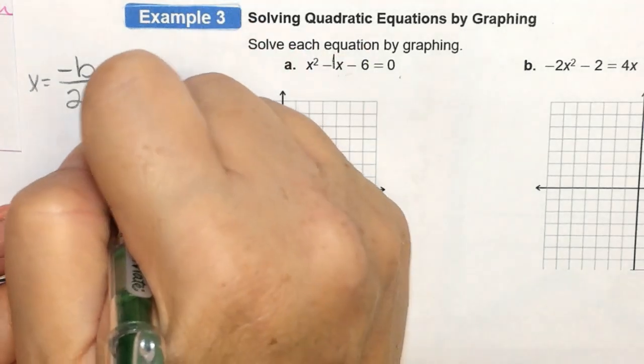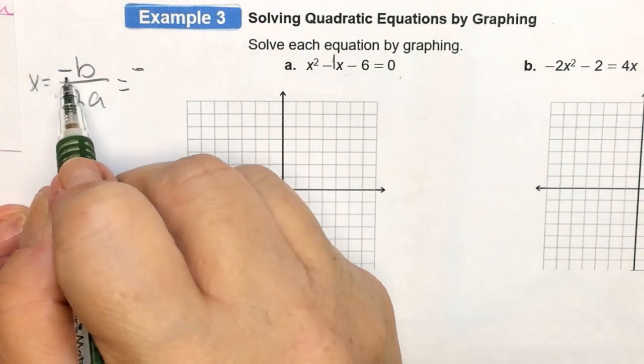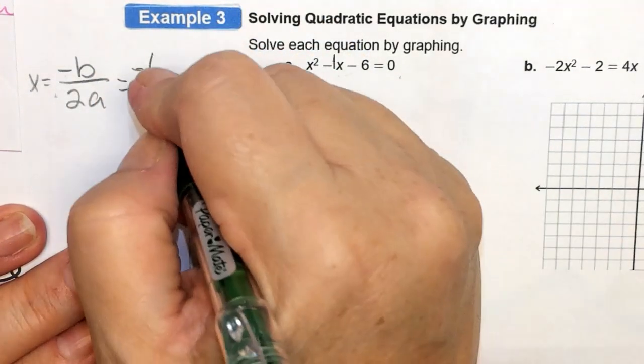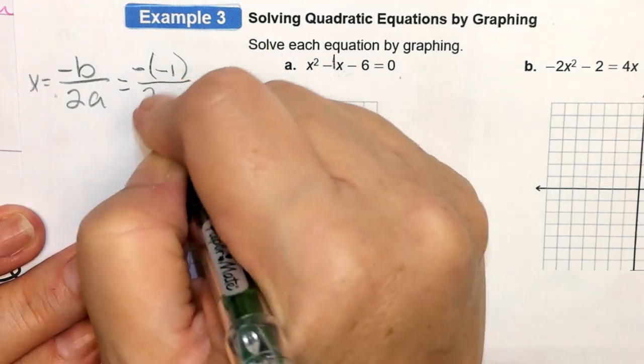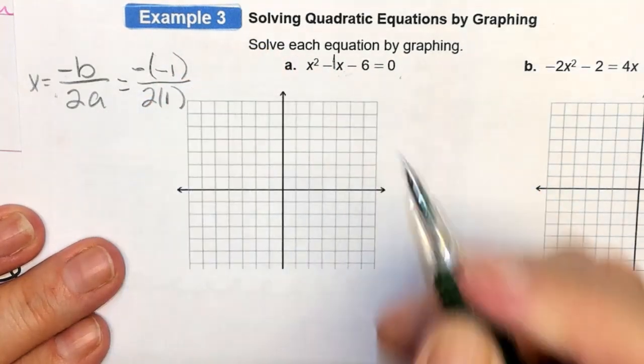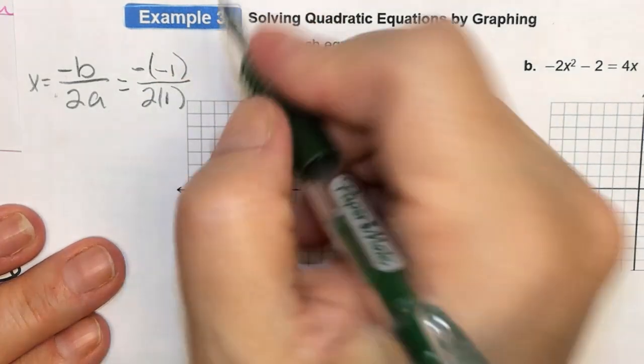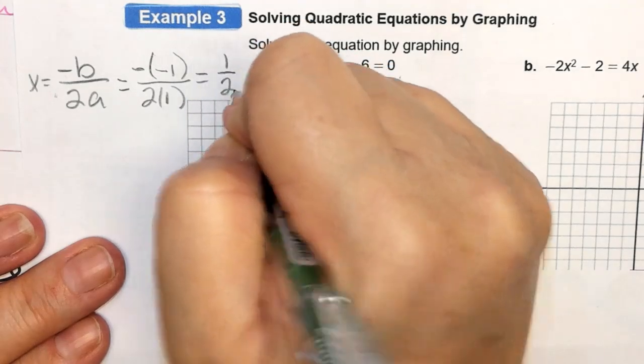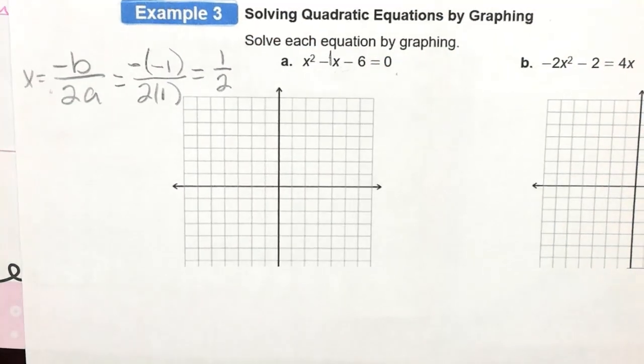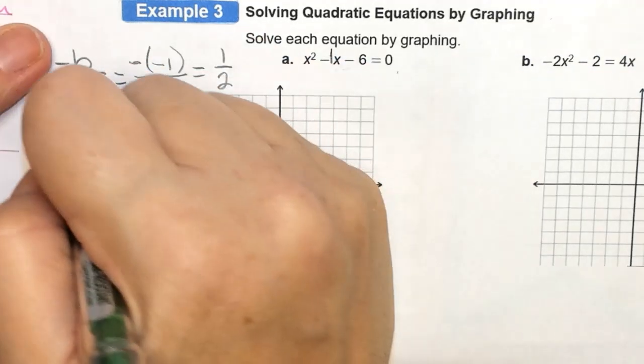So in this case, we have negative. That negative stays there, but our number is negative 1 over 2 times our a value, which is also 1. So the opposite of negative 1 is positive 1, and we have 2. Oh, look, it's your favorite F word again, a fraction. So we know that our vertex